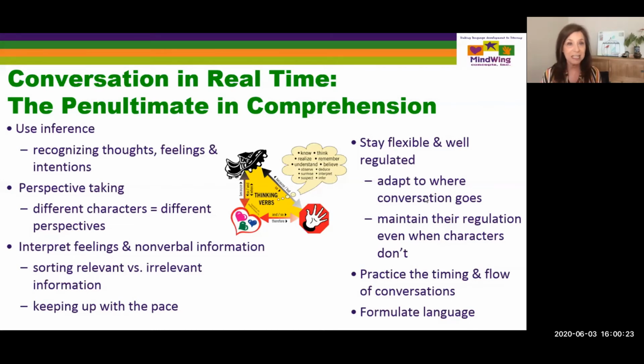And part of this is conversation in real time, where many of the videos that I use don't have dialogue for a number of reasons. One of them is we want students paying attention to the nonverbal, the body language, the contextual information. And so conversation in real time is basically an activity of doing a voiceover or a narration or a dubbing of the video that covers so many aspects that our students are working on: understanding of feelings, flexibility,